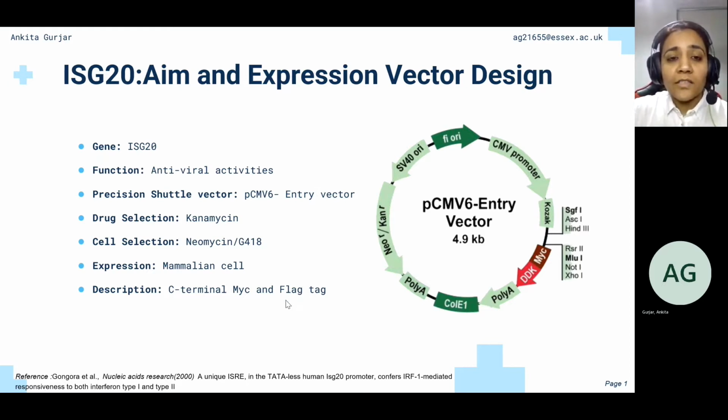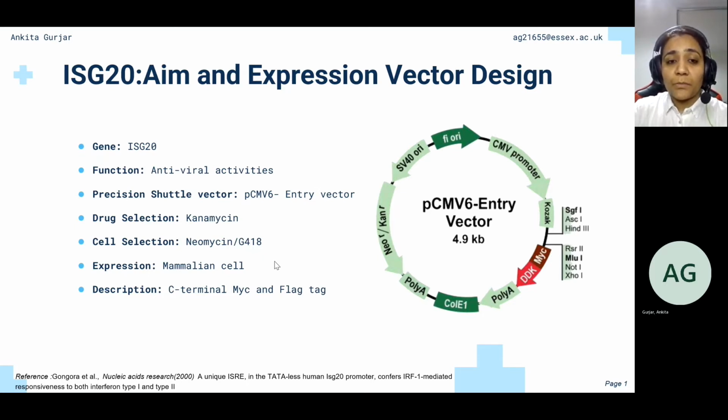So, ISG20 is a 20 kilodalton protein in the human, which is encoded by the ISG20 gene and acts as an innate anti-hepatitis B virus effector that selectively degrades hepatitis B virus and blocks the replication of infectious hepatitis B virus particles. It is also involved in a number of regulatory functions such as control of cell proliferation, differentiation, and regulation